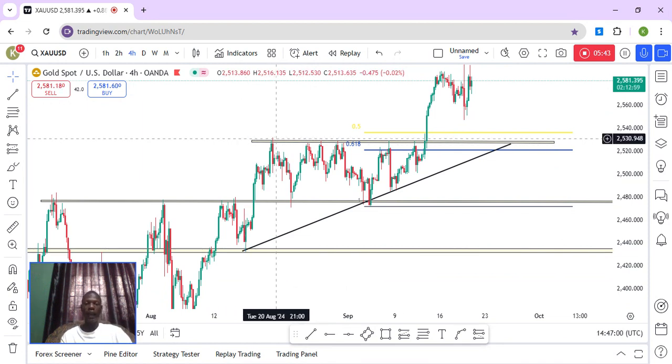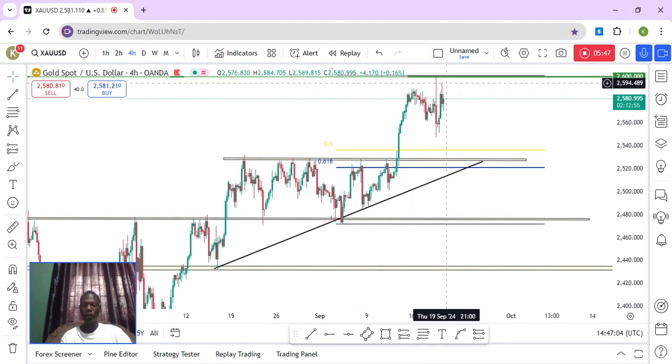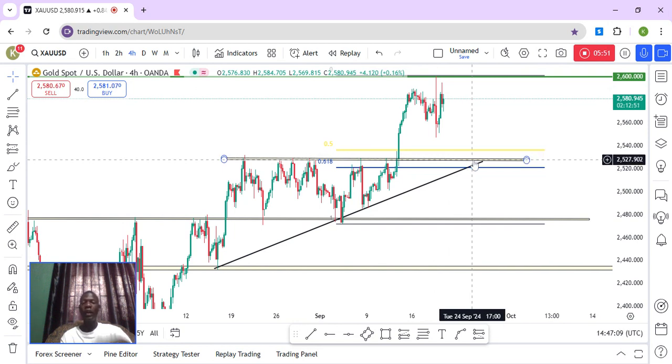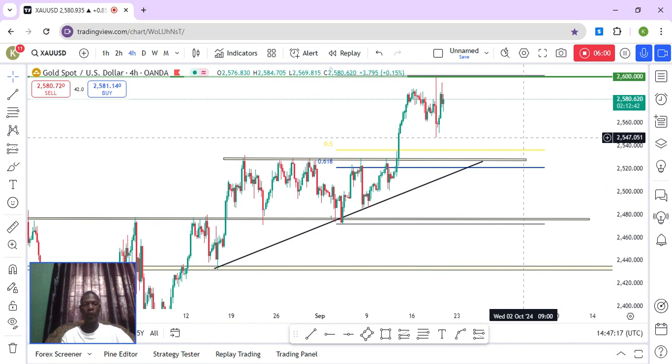This is a higher high, higher low, higher high. This is a new higher high. So the market will come back here to form a higher low. When the market comes back to this level to form a higher low, it will at least go back to form another higher high or equal high. So if you understand the market structure, you understand what I'm trying to say here.